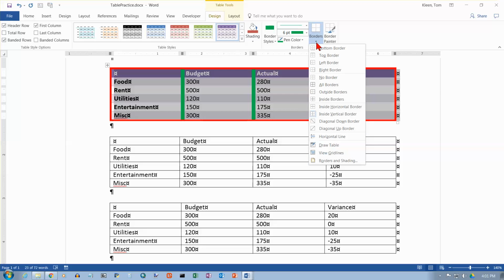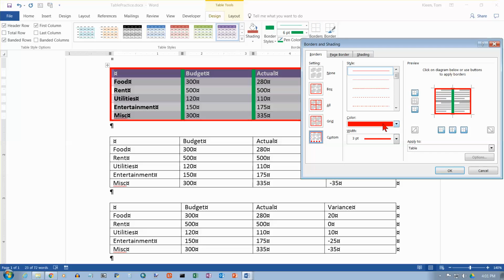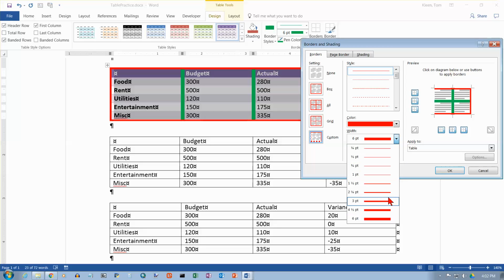Now let's go back here and go to borders and shading again. And this time, see, it went back to red. So I have to go back to green, and I have to go back to 6 points. So you kind of want to do this all at once instead of going back and forth. And if I click there, and I click too close to this line right here. So now I need to go back, and this is getting kind of frustrating, and make this a 3-point line,